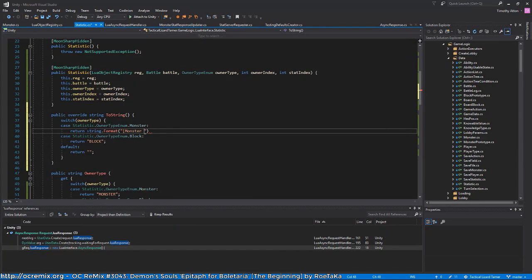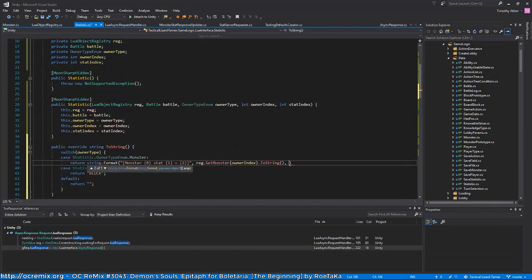Let's see, monster stat equals 1. And oh, actually I should have the monster name here too, shouldn't I? So let's scoot these values over 1. So registry gets monster owner index dot toString, and then stat is just the stat name,